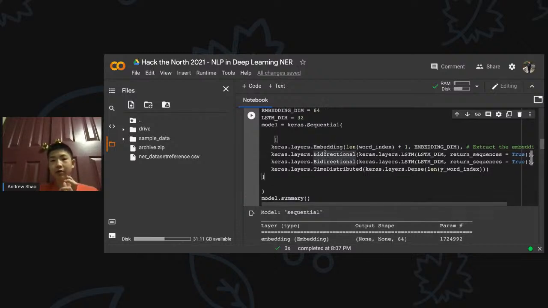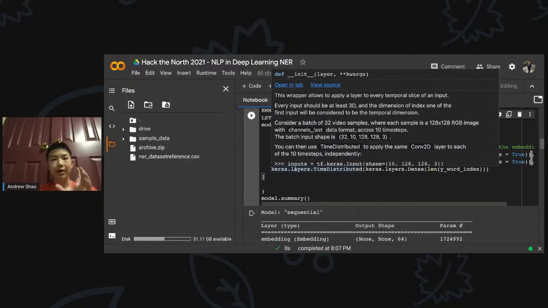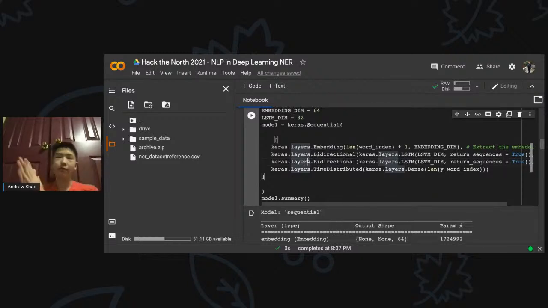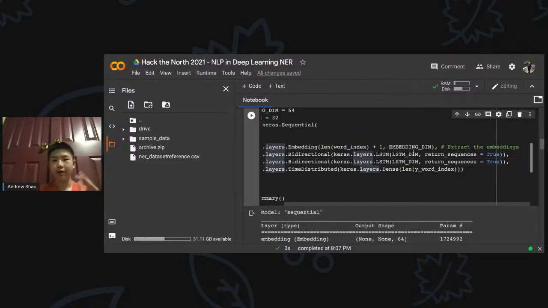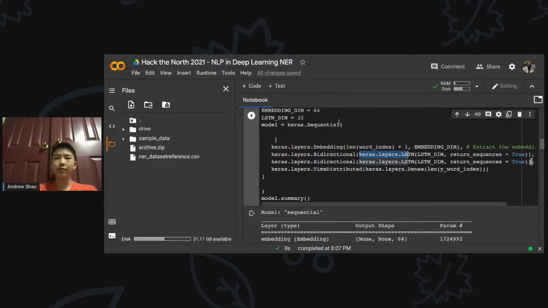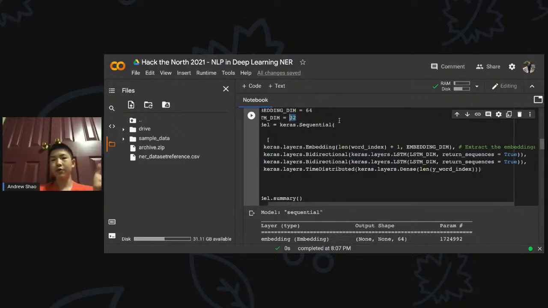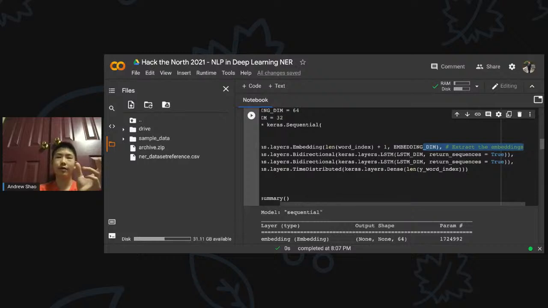And this is thrown into two LSTM models, just going back to what I was talking about before with the bidirectional one, where it can process both left to right and right to left. And we're just going to say that in every single layer, we're going to grab an LSTM. We're going to process it with 32, so 32 dimensions, and we're going to return as sequences, meaning that rather